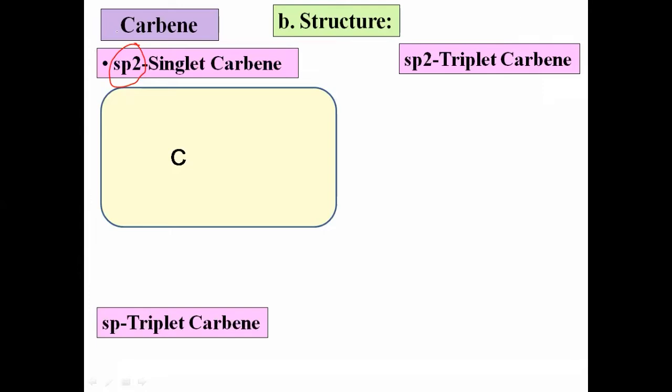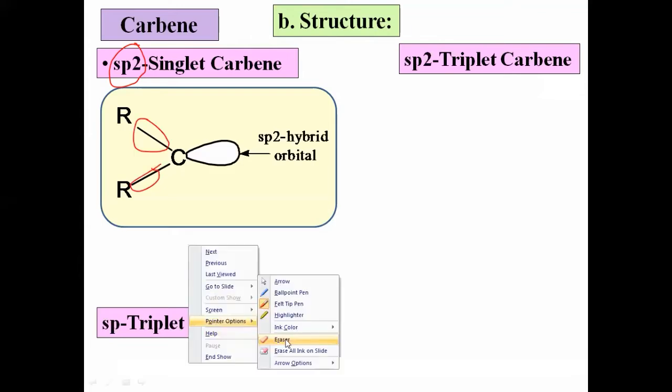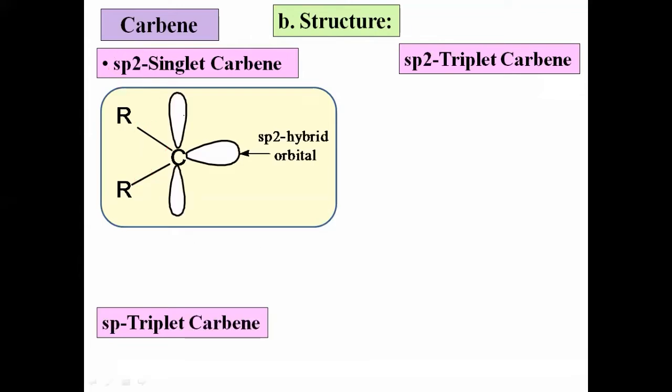Now here, this carbon forms two covalent bonds. The sp2 hybrid orbitals overlap axially to form two covalent bonds, while there is one more sp2 hybrid orbital. This is also an sp2 hybrid orbital, but it does not participate in bond formation. The carbon also has an unhybridized 2p orbital, and it lies perpendicular to